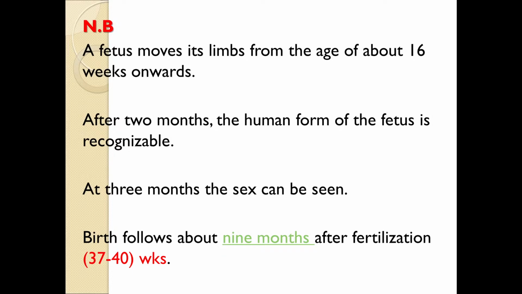And of course, birth normally occurs or takes place at about 9 months. But of course, as early as 7 months, 7.5, 8 months, a female can give birth to a baby. And the baby, of course, will be healthy. It is just that a 7-month-old versus a 9-month-old, there's a difference in terms of size and weight. So if the baby is born at 8 months, then generally the baby is smaller and also lighter than the ones that would be born at 9 months, for example.